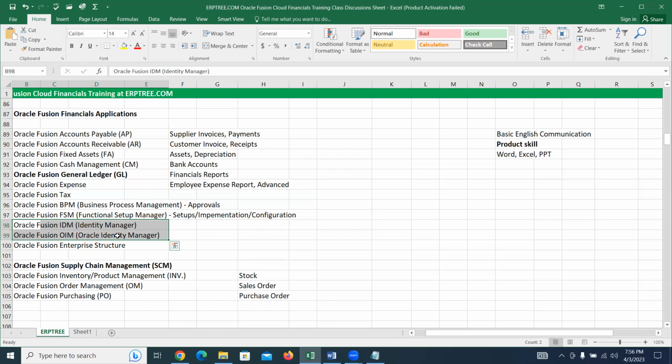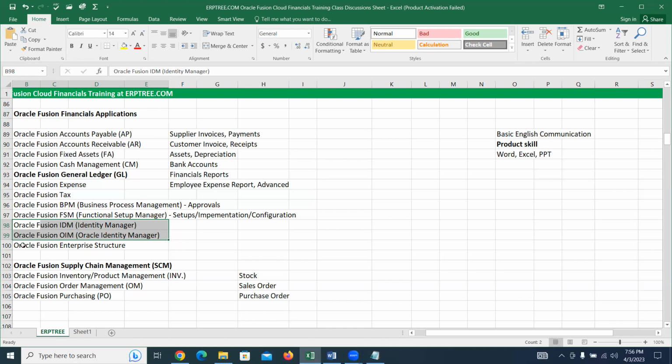With this, we can manage the security. We can create the users and decide which user needs access to which application within the system environment. The people who are working for the payables department may need access to this application, which we can set up by using this OIM or IDM. The employees who are working for the receivables department, we will give the access to this application by using this. Again, they may need access to only invoice creation, or only receipt, or only generating the report. Whatever access they need, we can set by using these applications.